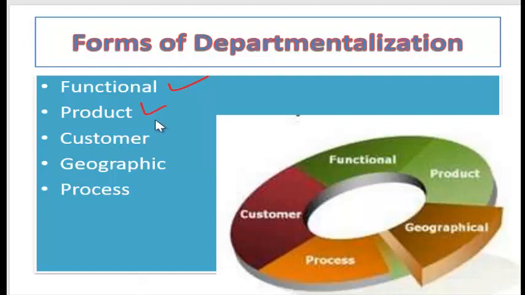Or you may have different types of cars. Say for example, we are dealing with the tractors, we are dealing now with the jeeps. So they could be different depending on the different products. We have different departments, maybe different customers. Depending on what kind of customers you have, you can have different departments. On a geographic region, you can have different departments. For example, this is Kashmir, this is Delhi. So depending on that, you have different departments as per the geography. And also the process, that means what kind of work you do. Depending on that also you have different departments.